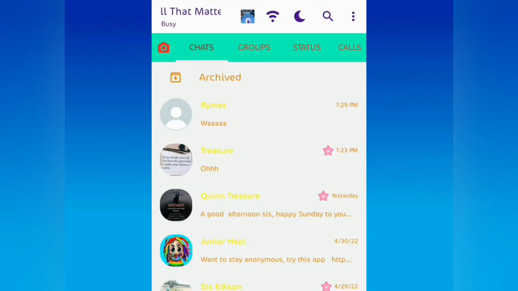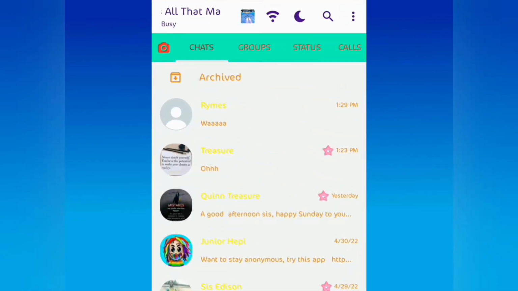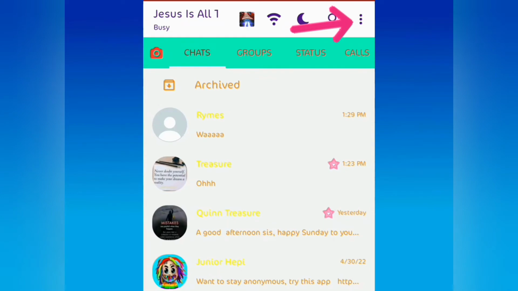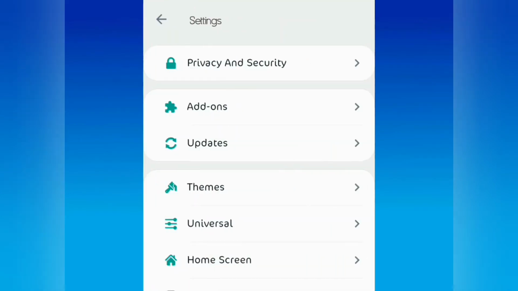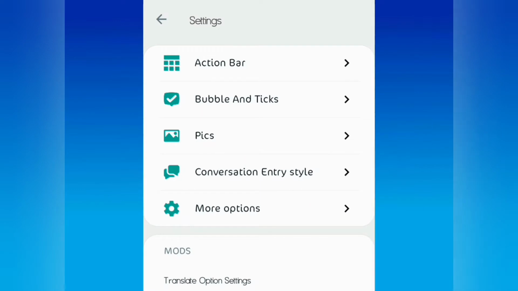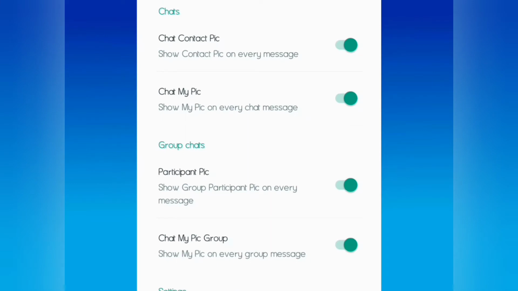So what we are going to do, we are going to a fourth step of picture show. Go to the WhatsApp, go to the three dots up there, go to GB settings. Go to the chat screen, click on pics where there is a picture icon. If you want to show my pic on every chat or message, you might want to disable it